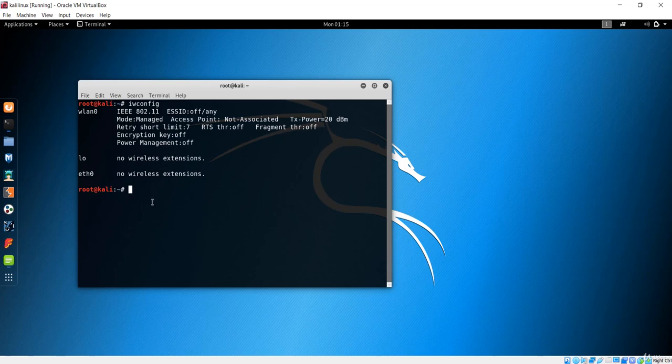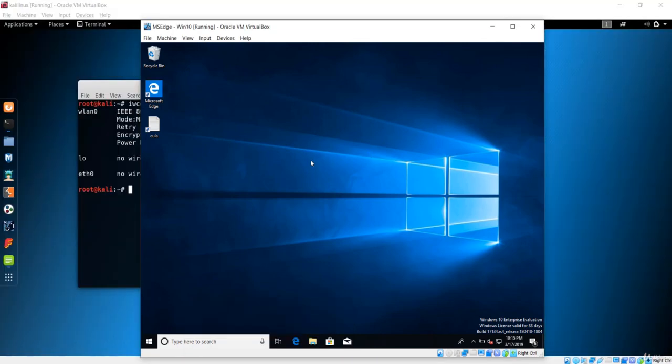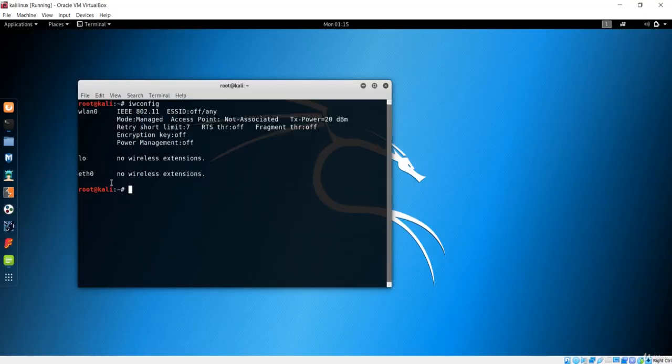So if you want the information that is sent to this Windows machine, you first have to connect to the same network, because we are going to sniff the packets, and that is the main reason we want to get information about the network. In order to get information or hack the network, we'll talk about some of the ways in later lectures, but for now let's talk about these two modes.